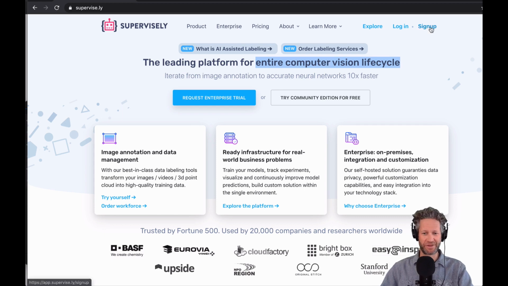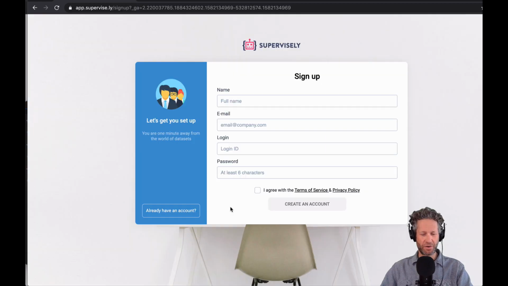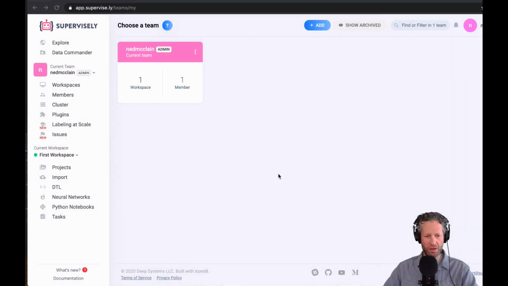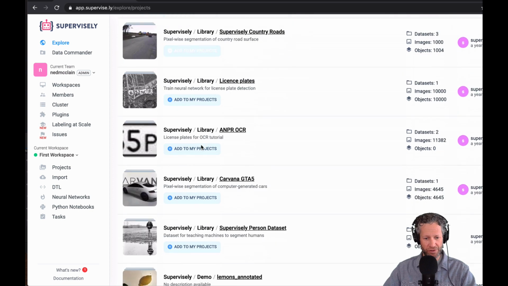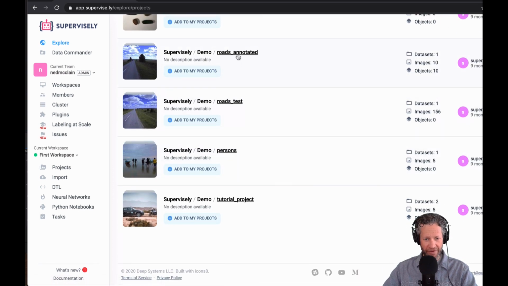And so we're going to get started with signing up, and there's a free account. Go ahead and create that account, and when you're logged in, you'll see the Supervisely dashboard. First, we'll click on Workspaces, and then dive into the workspace that was created for us. And normally you'd upload images here and annotate them yourself. We're going to cheat a little bit and use Supervisely's datasets library, which includes a set of annotated images. There's 10 images in that dataset. Later, we're going to test our trained neural network with the test dataset, which has 156 images. For now, I'll add the annotated dataset to our project